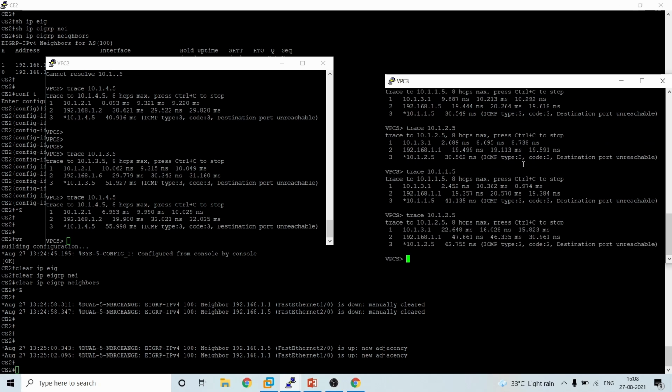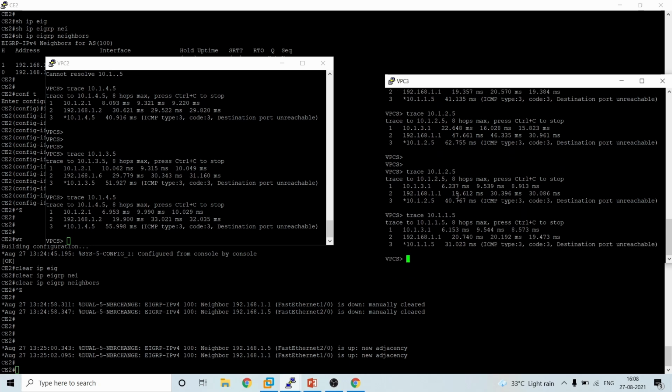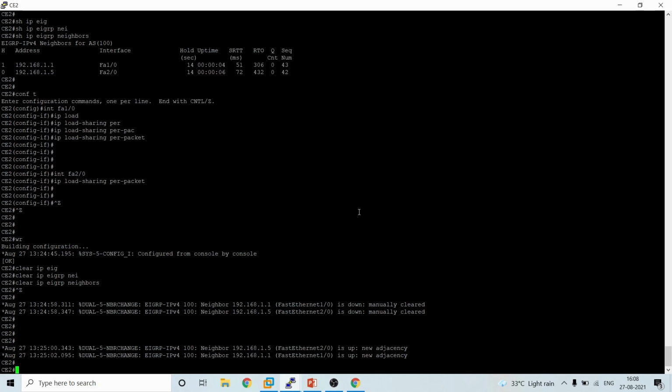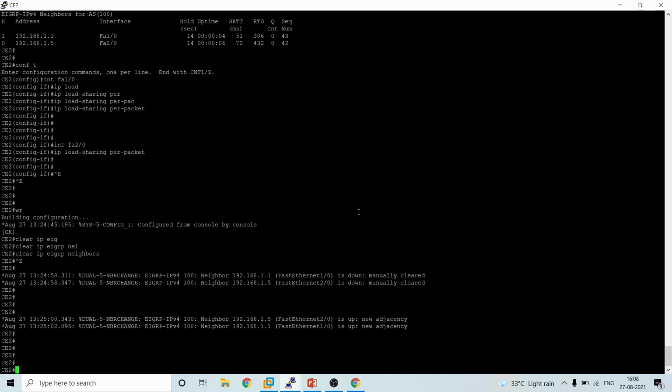As it is per-packet, there is not much of a change, so it will be based on its own steps. One packet should travel in one direction and the other packet in another direction. Right now we see that both are going through 1.1. This is a lab environment. It's not mandatory that everything works exactly as expected, but just remember the configuration.